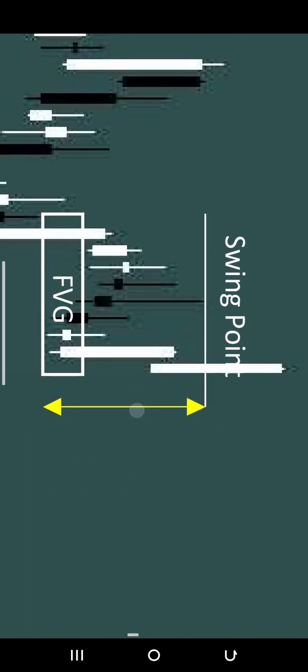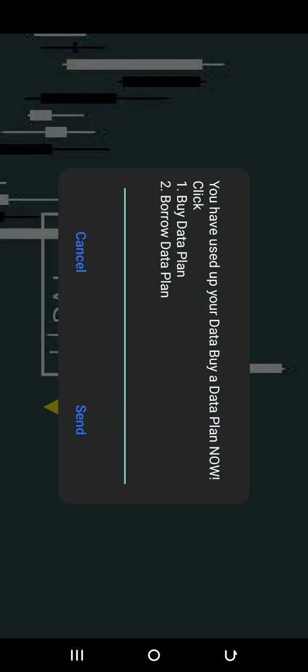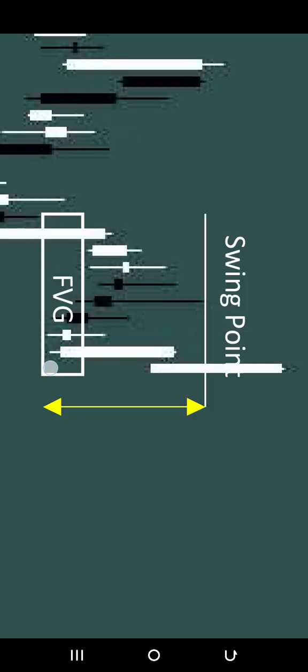Now can you see, like we said earlier, fair value gap is a magnet, and it's a rocket. It rejects price. When price came into it, it rejected price and pushed it away with bullish candles. Price went straight up and broke this swing point. Now you would have been out of the market in huge profit. You wouldn't know if price would break this swing point or reverse, but now you are out of the market already.